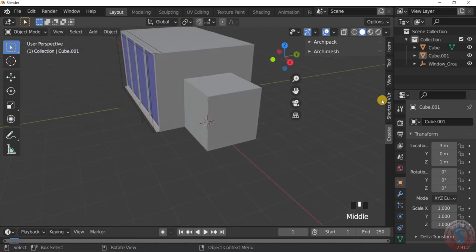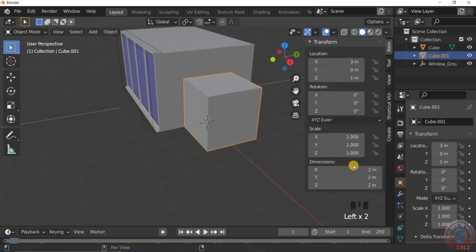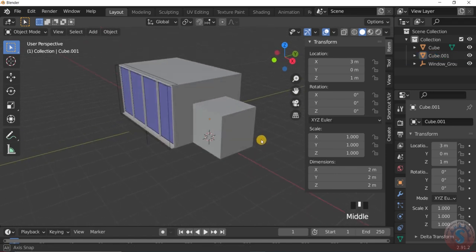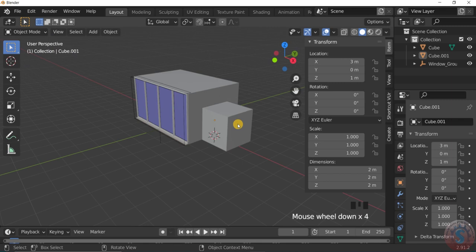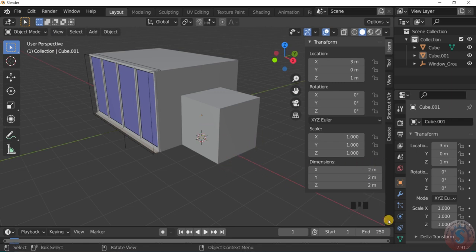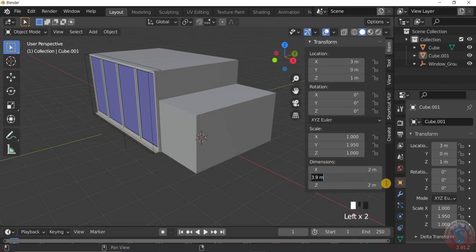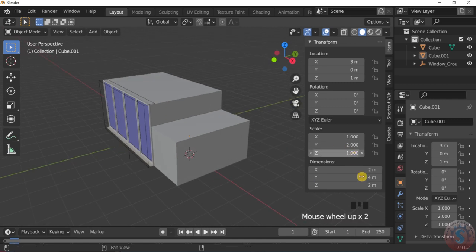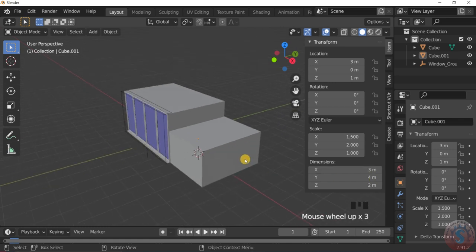This is the same block of cube you created before, the same dimension. Then after that, increase the dimensions of the cube again. On the x-axis, I want to increase the y-axis position, for example I am giving 4 meter here, and next I want to create 3 meter on the x position.